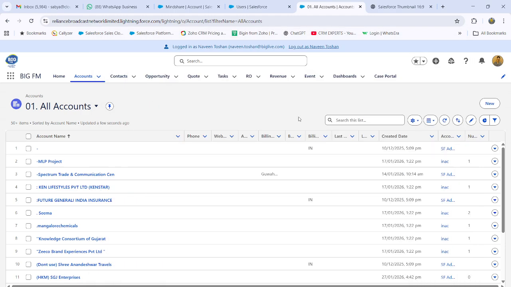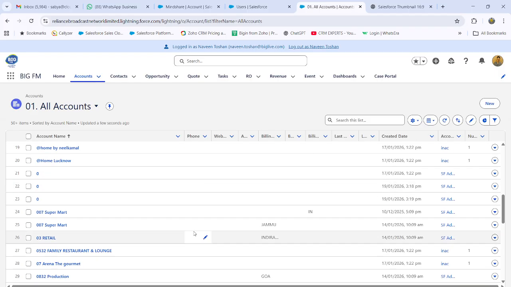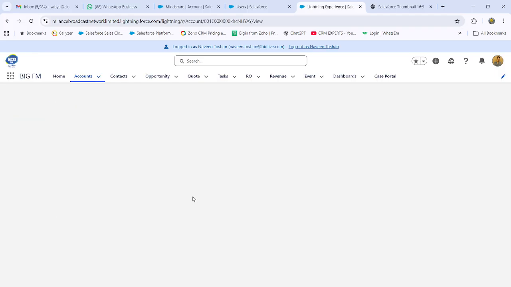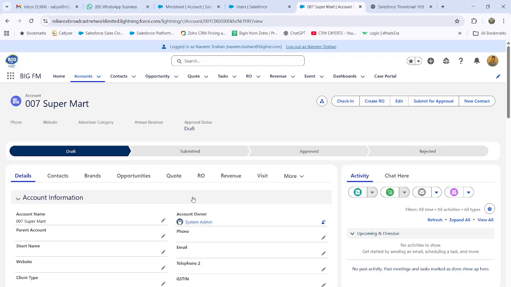Hi everyone. In this video, we are going to check how we can log our activity, our visit in Salesforce. For example, you are visiting an account, say one account called 007 Supermart. Whenever you are visiting, once you reach there, you need to click this button